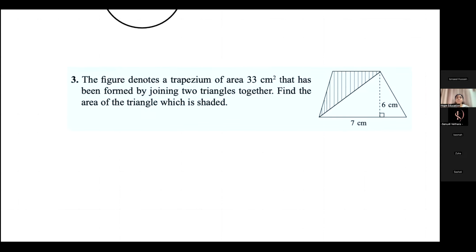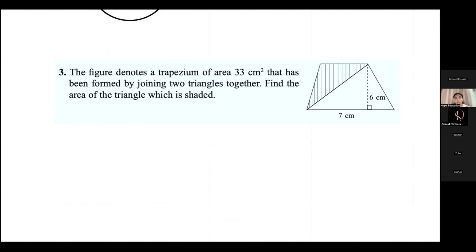Okay. A trapezium of area 33 square centimeters. So the entire trapezium has an area of 33 square centimeters, and they're asking you to find the area of the shaded triangle. The shaded triangle is this part. We have to find the area of this. Since the area of the entire trapezium is 33, you can find the area of this small triangle